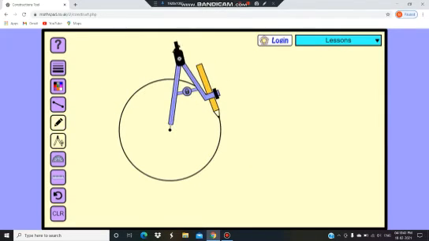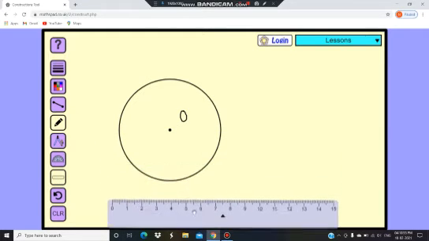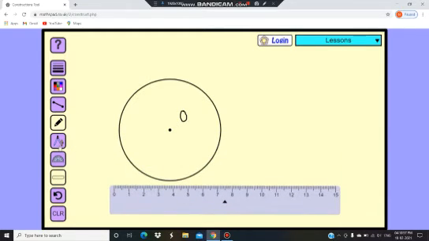So this is the circle with the radius 3.4 centimeter. Center is the O. Now what is given? Draw a chord MN of length 5.7 centimeter. So take a scale. Now here chord length is given. So we have to take the chord length as per the given length, that is the 5.7 centimeter.